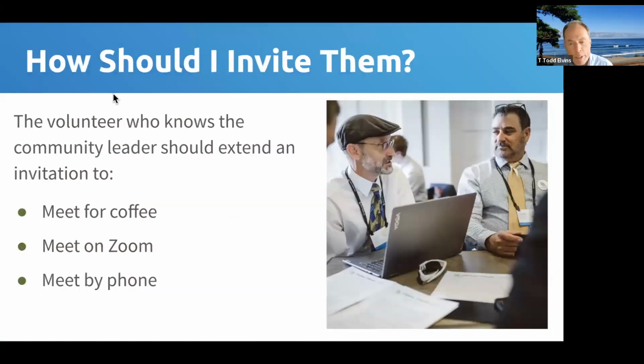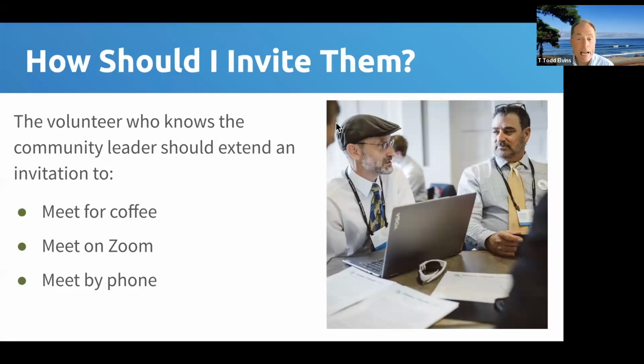So select a community leader who is supportive of climate policy, CCL, and CCL's methodology of respectful meetings. The community leader you select may or may not know anything about CCL and climate policy, so I'd recommend that you start slow. Working with the volunteer who knows the community leader, the person in your network who's introducing you to the community leader in case you don't know them yourself, make a plan for an initial coffee or Zoom